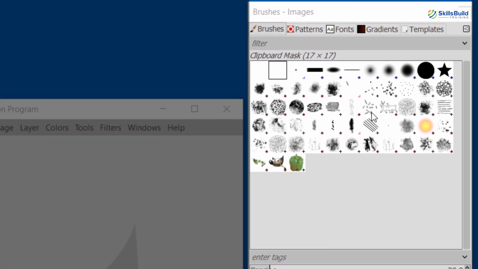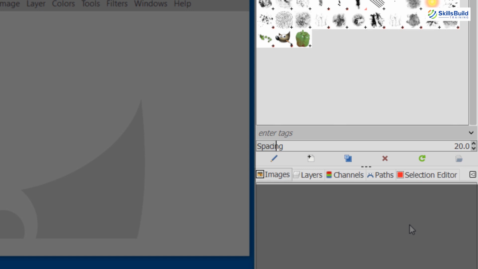Now coming towards this section, this is the Brush, Patterns and Gradient section, and it shows the dialog for managing brushes, patterns and gradients. Here are some different options as well. Now coming towards the last section, that is the Layers dialog. This dialog window shows the layer structure of the currently active image and allows it to be manipulated in a variety of ways. It is possible to do a very few basic things without using the layers dialog. But even moderately sophisticated GIMP users find it indispensable to have the layers dialog available at all times.